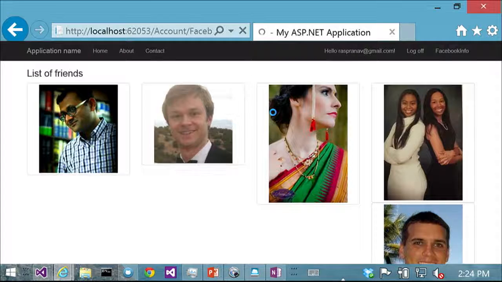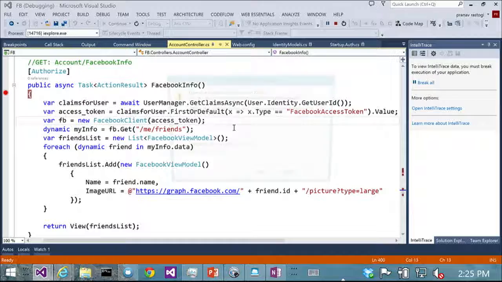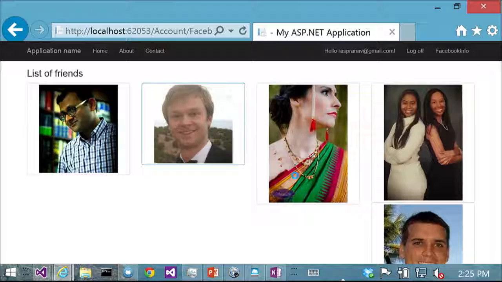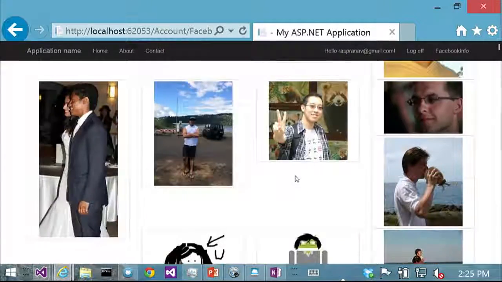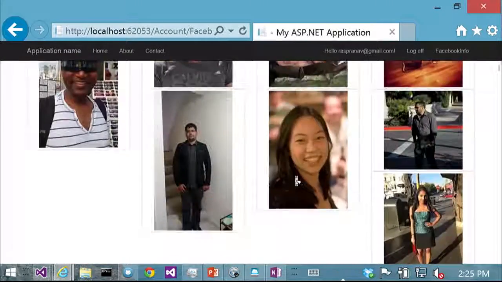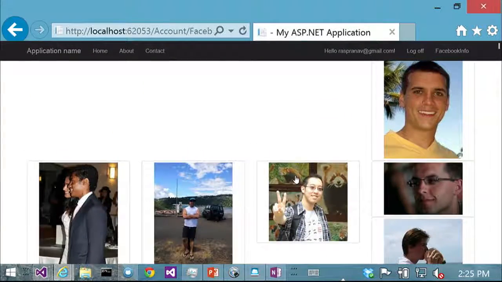And there you go. So I'm getting all the pictures of my friends. I think I have a few friends, so this is going to take a while to process, but effectively the experience that you can build on top of this is you get data from Facebook, you can store the Facebook access token and make a call to the Facebook site to get more information, and you can build a more richer experience by having this sort of social integration into